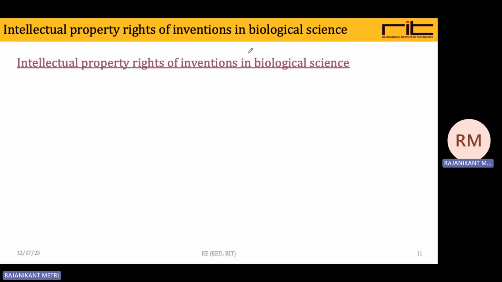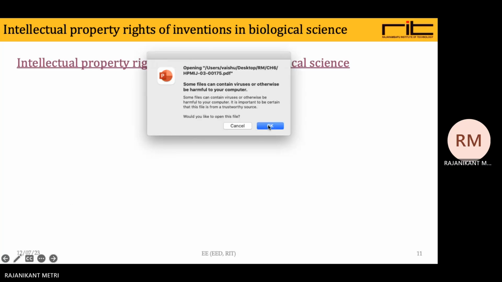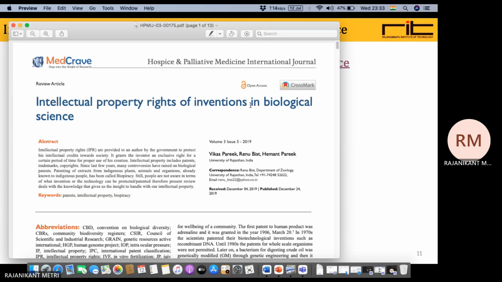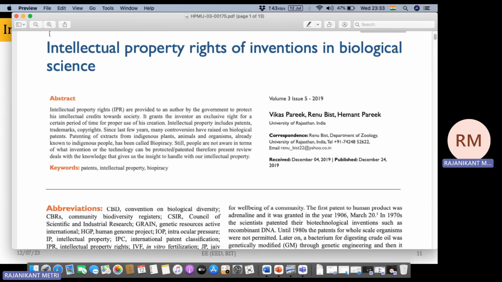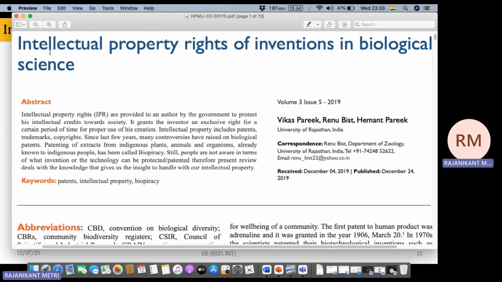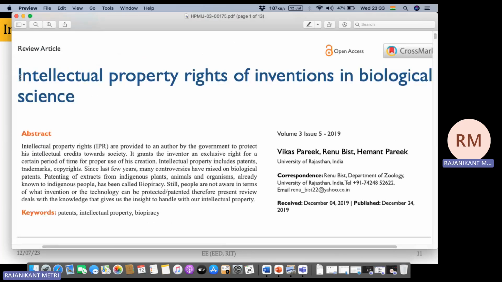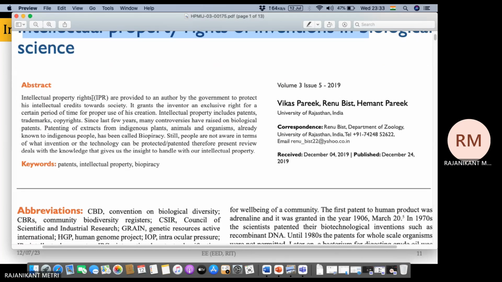Now, we'll see intellectual property rights of inventions in biological science. There is one article. We'll just go roughly through this. The title of this article is Intellectual Property Rights of Inventions in Biological Science. And if we go through the abstract of it, we will come to know